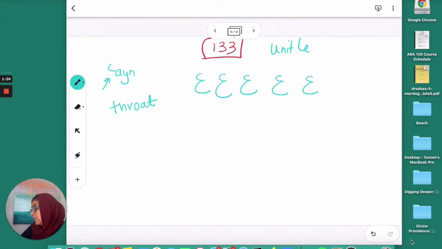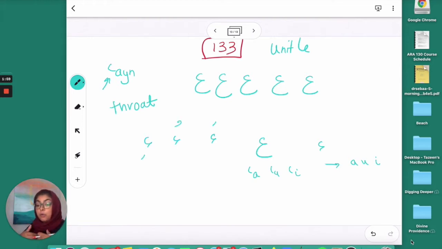Now, your book goes on in listening exercise 10, if you flip the page, and it compares the letter Hamza to the letter Ain. The letter Hamza is just the sound. If you have a fatha, it's a. If you have a dhamma, it's u. If you have a kasra, it's i. The letter Ain, you can write it with an apostrophe. If we compare it here, a, u, e, the sound is in the chest. And then the sound in the throat,